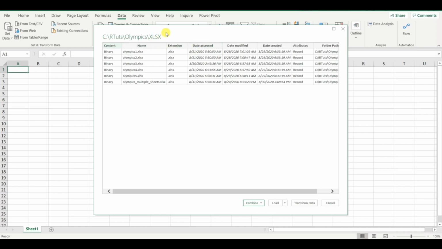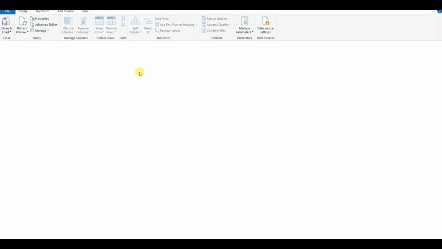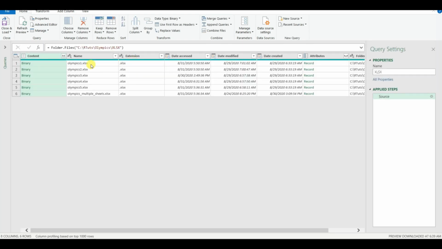what comes up. This window comes up, and then here under the heading name, you have all the different files that are in that folder. I'm only interested in the first 5 files, so for that I'm going to eliminate this. In that case, for me to do that, I can just click on transform data here. That would bring up this